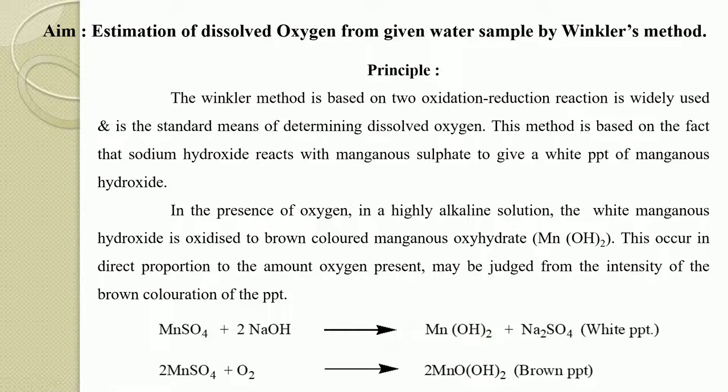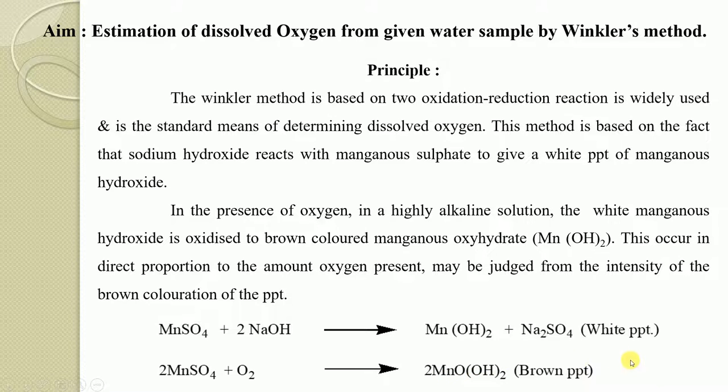Then it will give first of all the white precipitate, that is of Na2SO4, and then in the further reaction this manganese hydroxide in presence of oxygen is going to convert into manganese oxyhydrate, which gives out